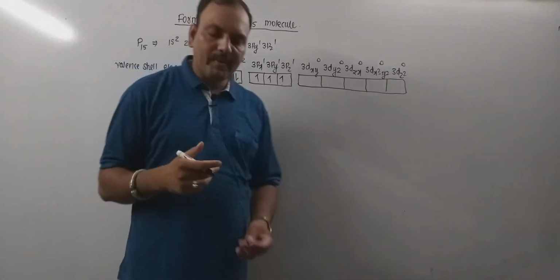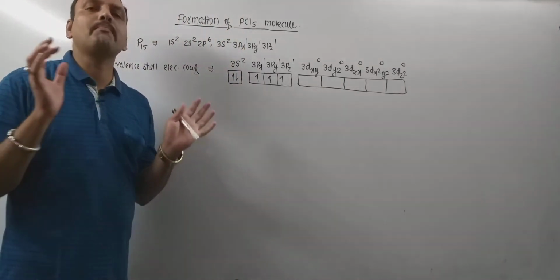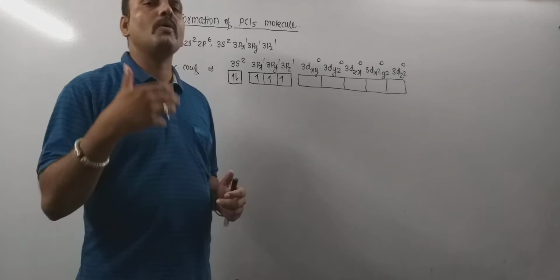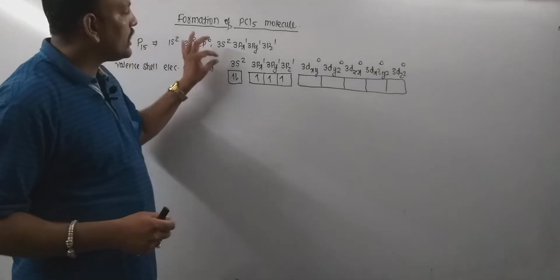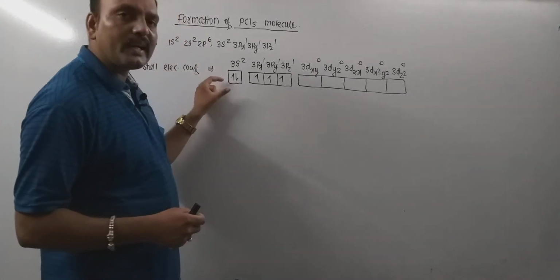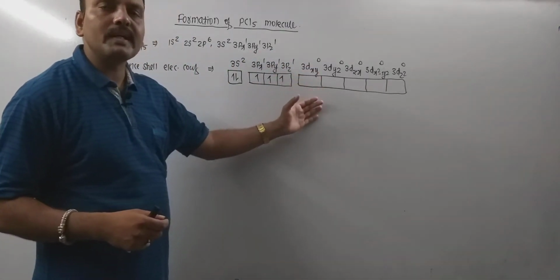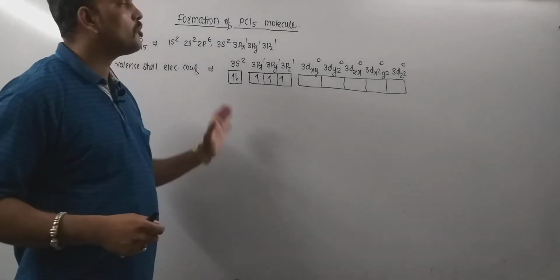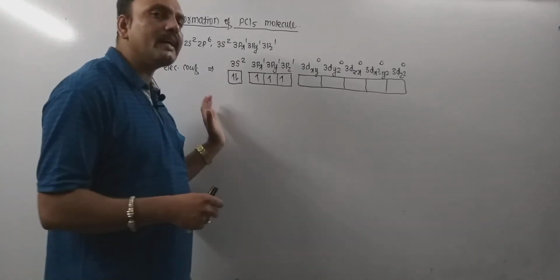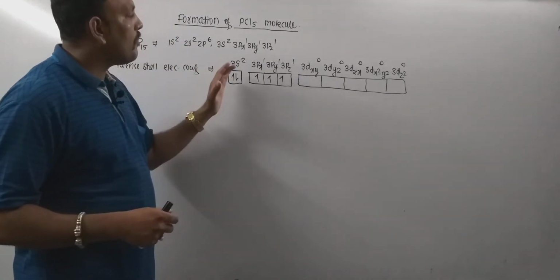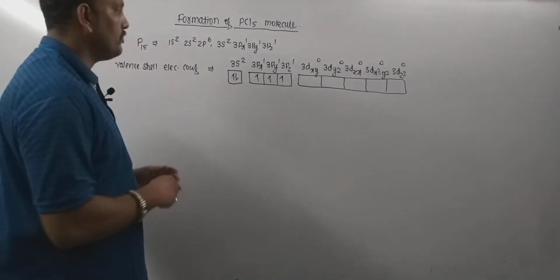Now the very first step involved in the process of hybridization is the formation of the excited state. If possible, then the central atom prefers to undergo excitation first of all. So right here in the valence shell of phosphorus, what happens? The 3s orbital, which happens to be a lower energy orbital, is fulfilled. It contains 2 electrons, and the d orbital in the valence shell is vacant, which happens to be a higher energy orbital. So phosphorus prefers to undergo excitation. It transfers an electron from the lower energy 3s orbital to the vacant 3d orbital of the valence shell.